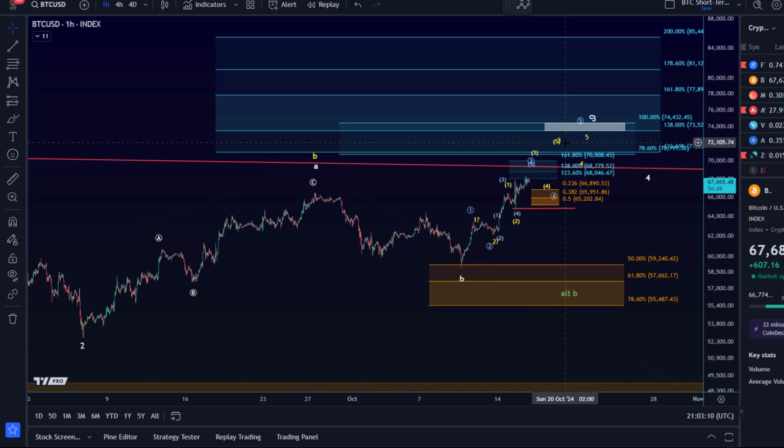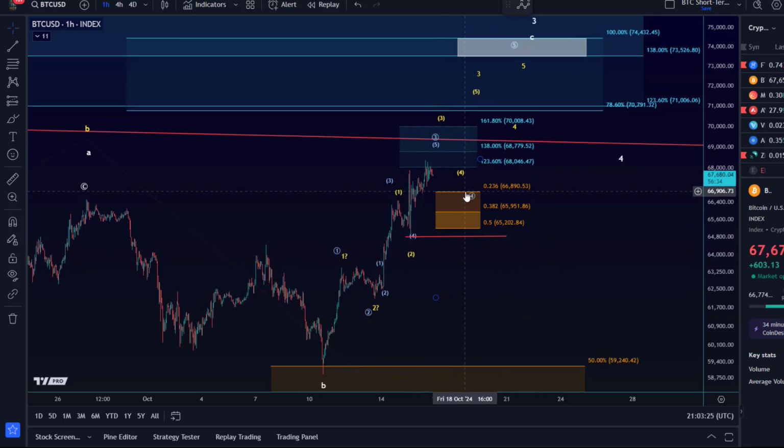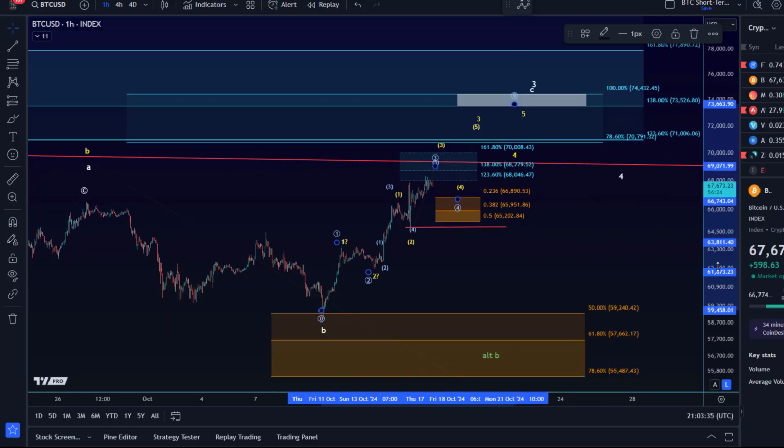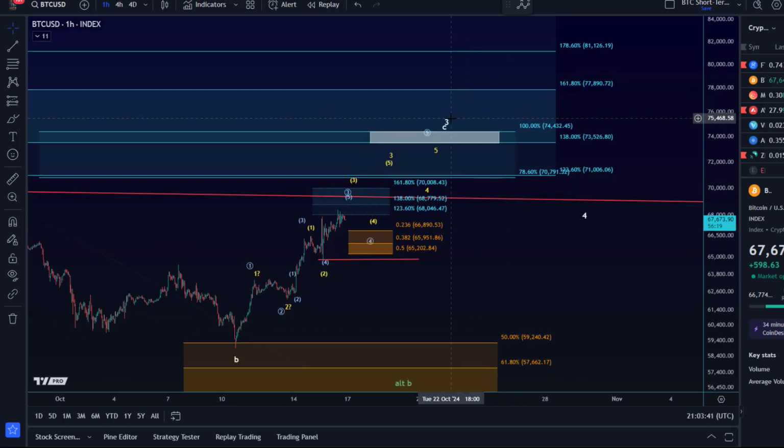It makes sense to go with the trend as long as it is easy to do so, as long as we're printing higher highs and higher lows. Obviously, we are now close to resistance, but in this scenario, pullbacks would be shallow only, because it would be just internal fourth waves and then one more high in wave 5. But as I said, ideally the third wave pushes even a little bit higher. Then the next deeper pullback would be white wave 4 after the third wave is complete, and might complete around that 74K area. That's the update about Bitcoin.